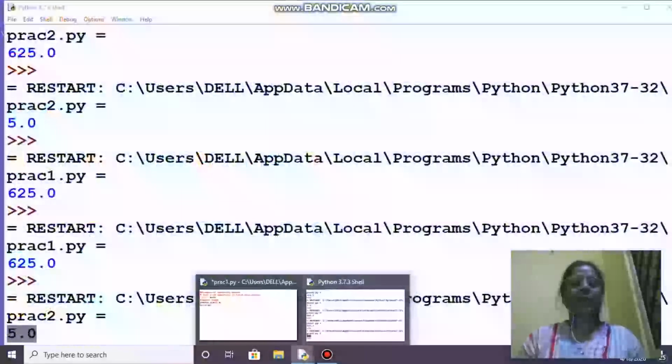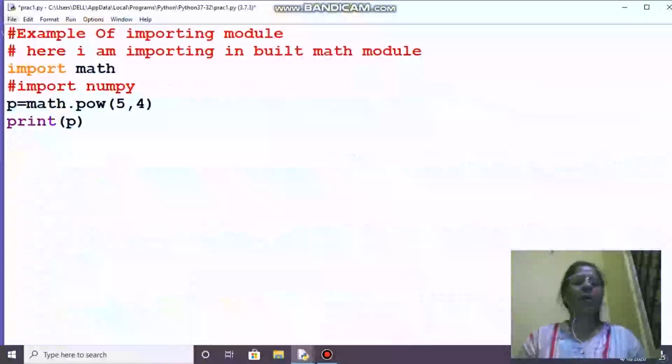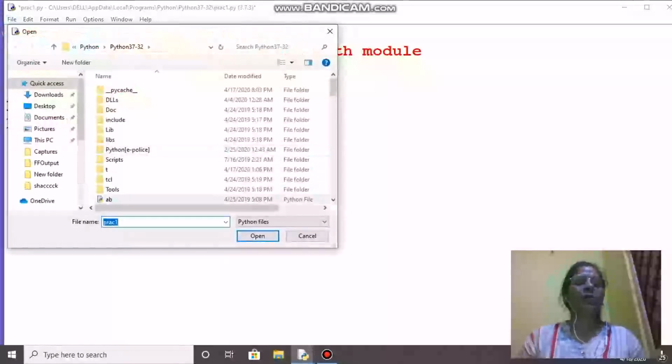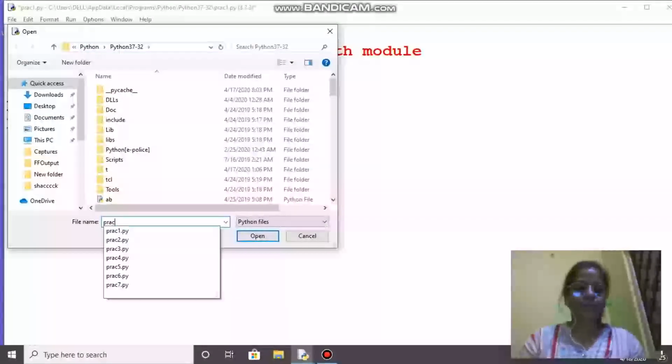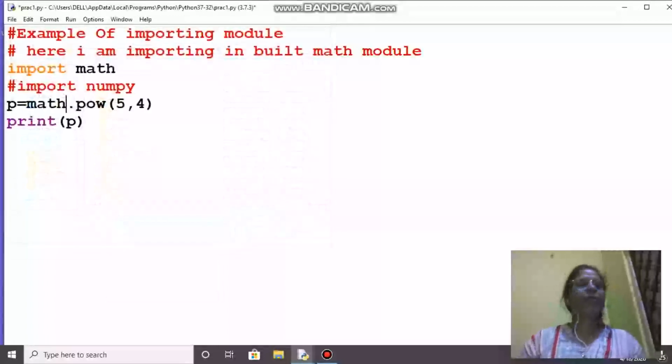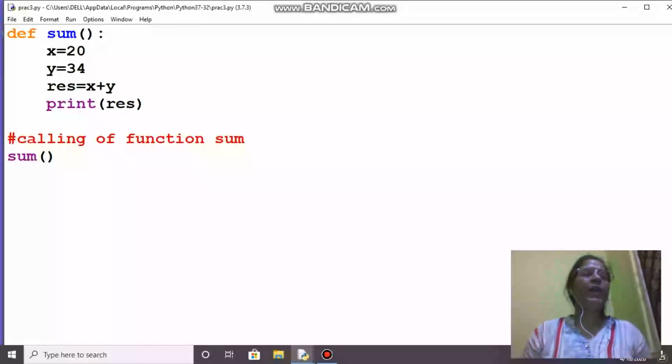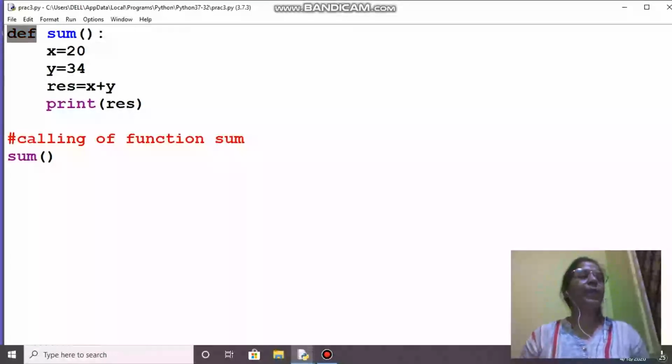Let's move to another example, how functions work; this was for modules. So this way you can use the from keyword also and without the from keyword also. Now for another example of functions, we'll move on. How can we create a user defined function, meaning a programmer defined function? The keyword def is the basic requirement.